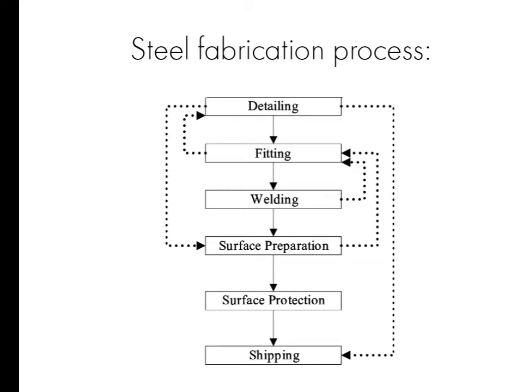And here we have a steel fabrication process flowchart. First of all, detailing involves a number of machining operations such as cutting, holing, and grinding to shape steel components as specified in fabrication drawings. There are a number of cutting methods that can be applied, such as sawing, shearing, flame, or plasma cutting, depending on the material type and dimension.